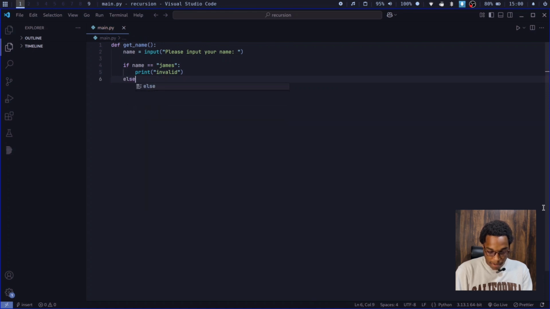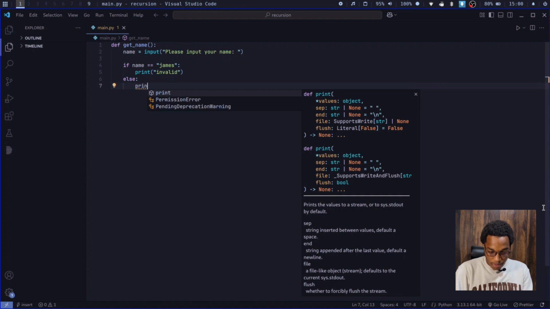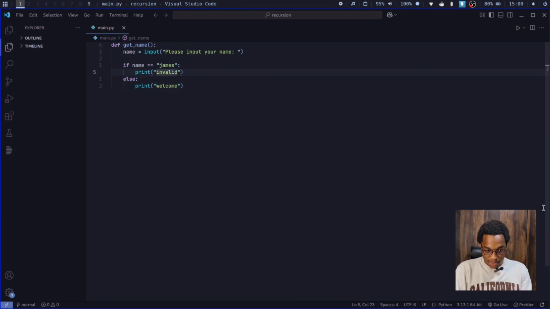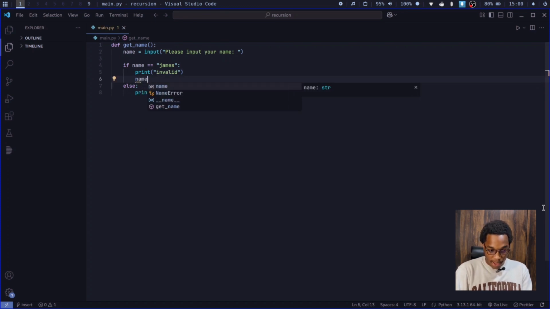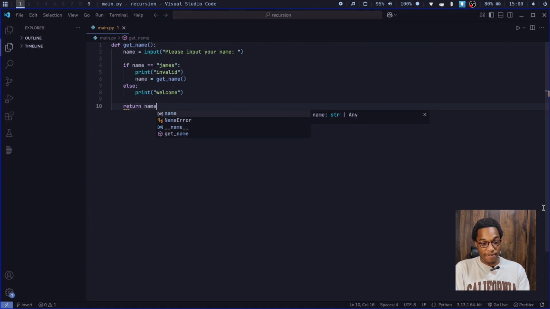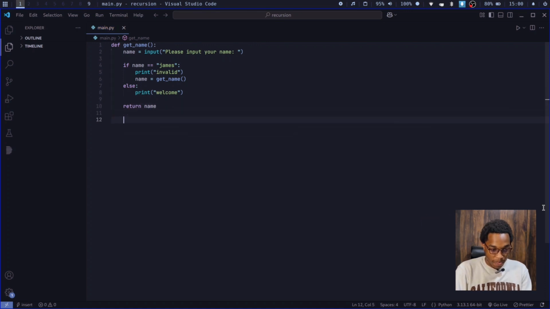Else print welcome. But since it's an invalid input, we want to call get_name again and ask for it. So to do that, since we're reassigning name, we need to return name. So name has a value. So if you call that now,